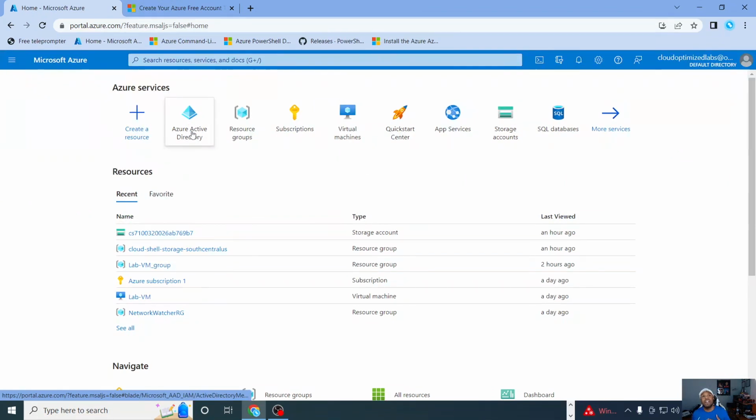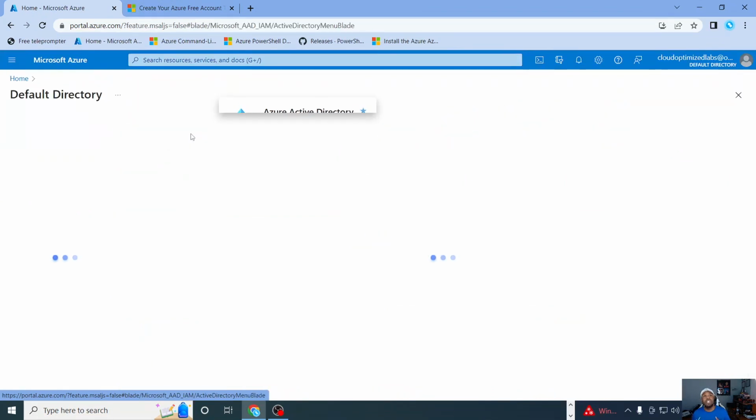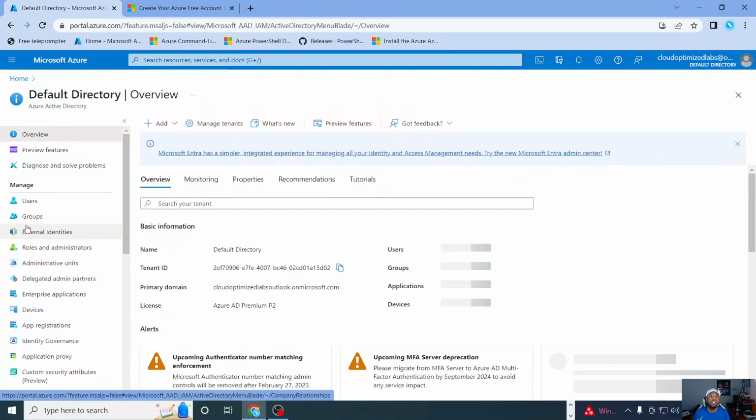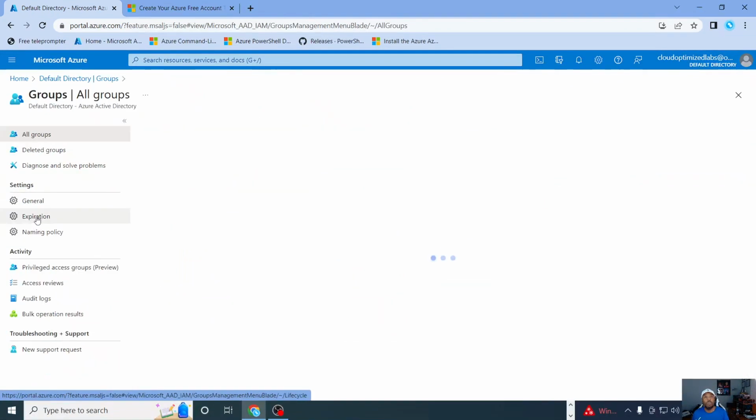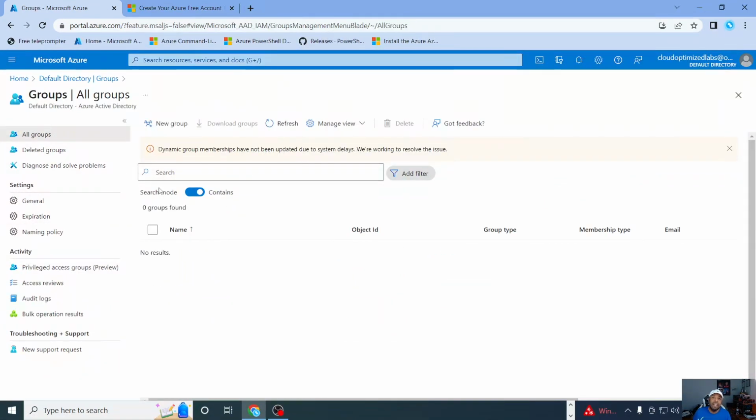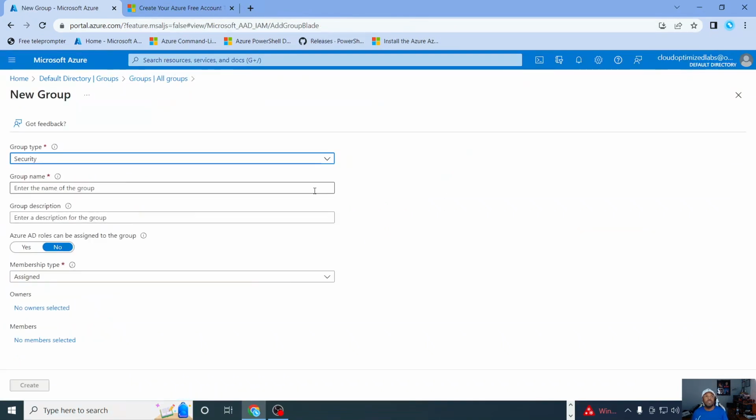Home. Let's click on Active Directory. And in the left-hand column, we're going to click on Groups. And up here, we're going to click on New Group. So we're going to create a new group. The type is going to be security. We're going to name this group